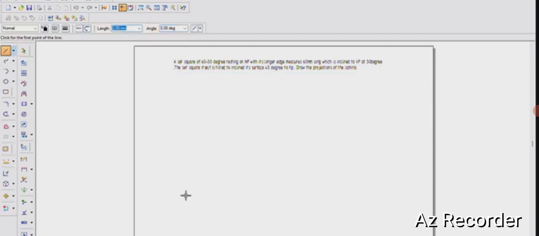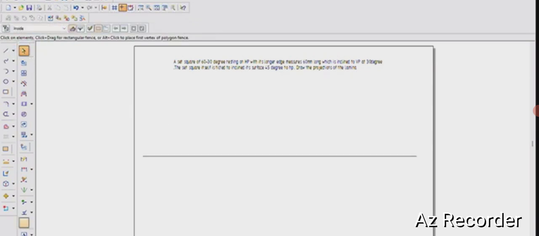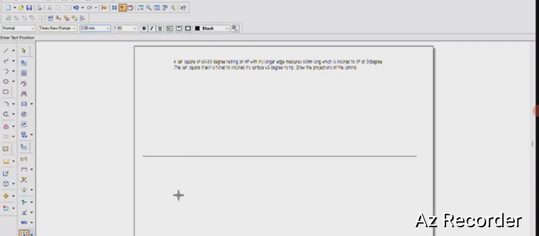First we have to select the line, the XY line, that is nothing but a normal line. We select text and write it as X and Y. And we have to select a 60 mm length line, and we have to select